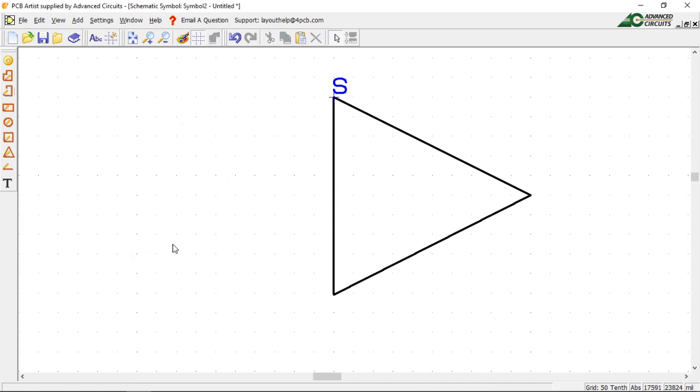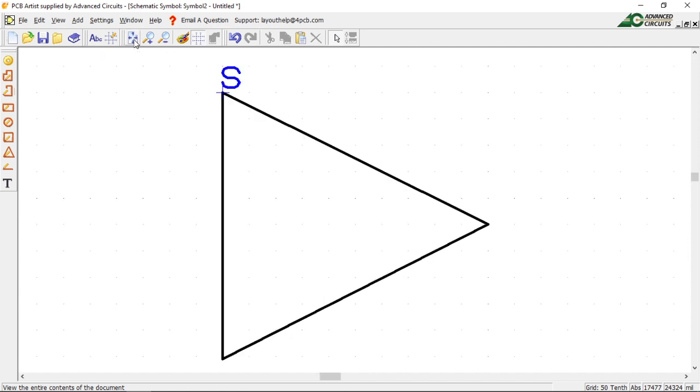Okay, so let's select this and delete it. We don't need it anymore. We can come back to where we're at. Now, just like we did in other designs, you can always click this to center it, okay? And so now let's go in and let's do some lines. We need to do about 100 mils, they said. So let's see, this is 50, 100, about here. So let's go from here